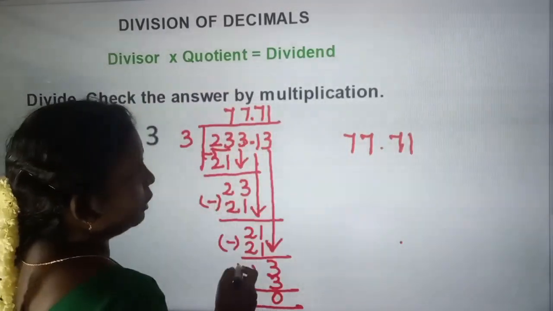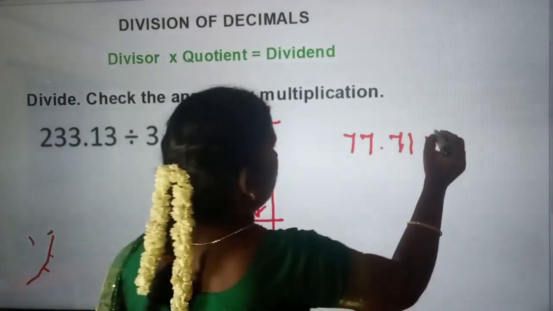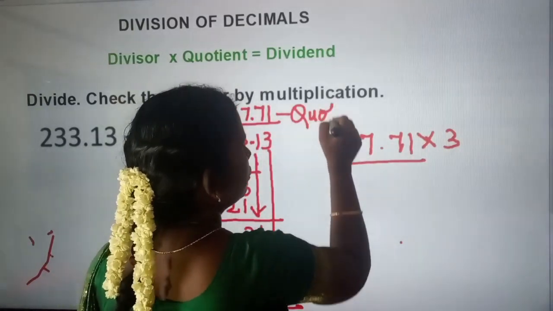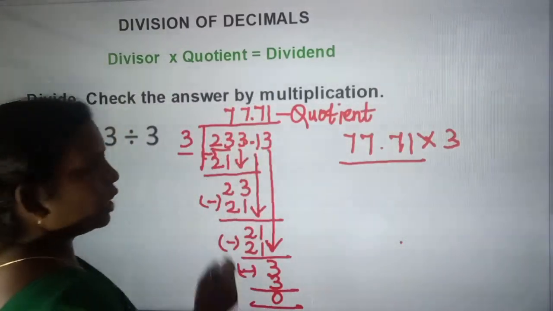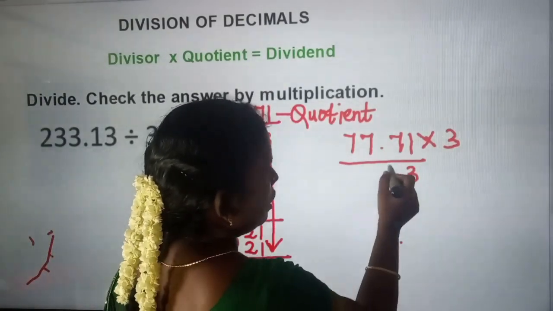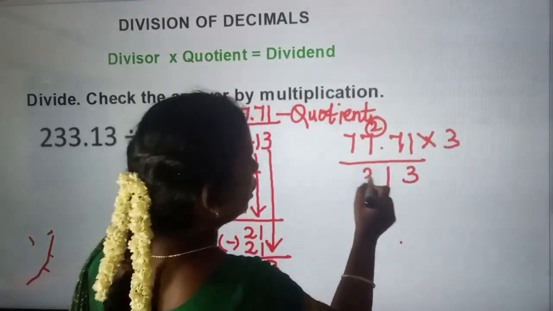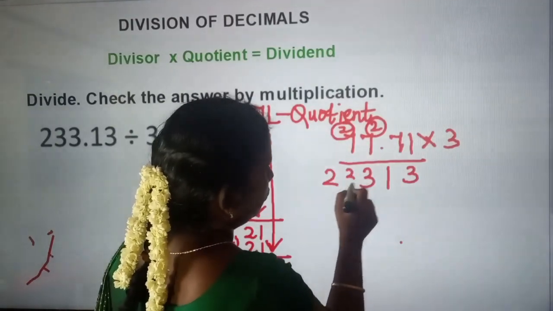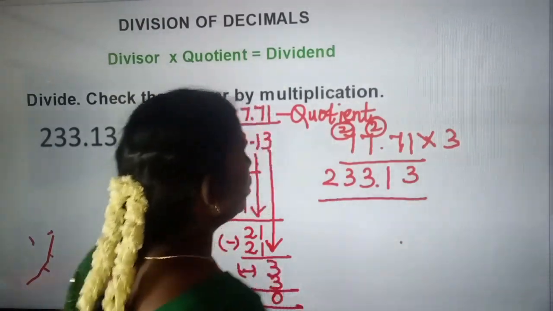Now we are going to check the answer by multiplication, that is divisor into quotient. This is the divisor into quotient. This is the quotient. When you are doing the multiplication of these, we have to get this dividend. Then only our division is correct. That we have to check, marks. 3 ones are 3, 3 sevens are 21, 2 carried over, 3 sevens are 21 plus 2, 23, 2 carried over, 3 sevens are 21 plus 2, 23. Again, before two numbers the decimal point is there, hence we are putting the decimal point here. This is same as